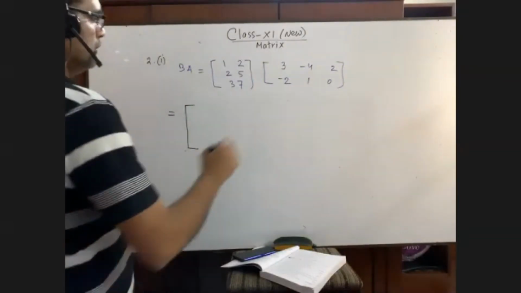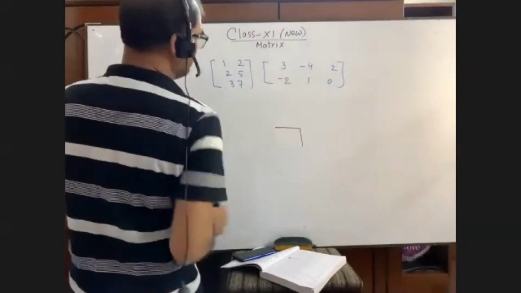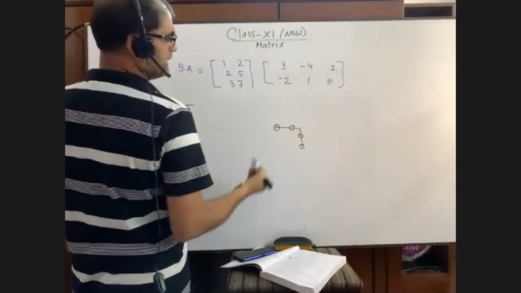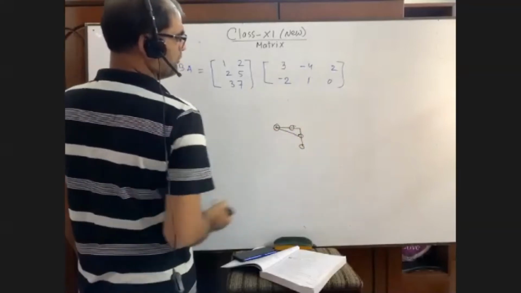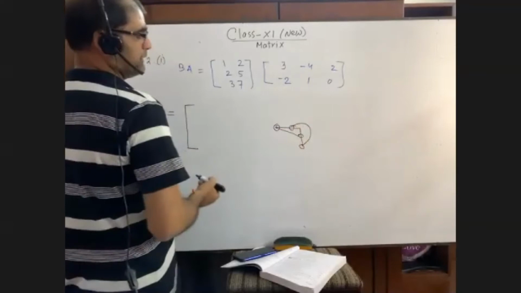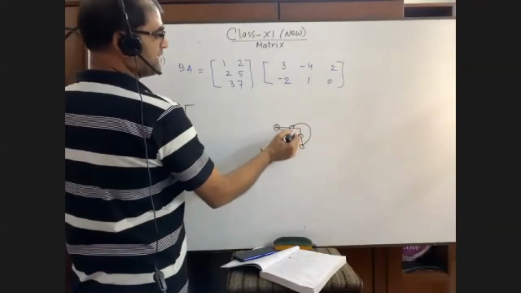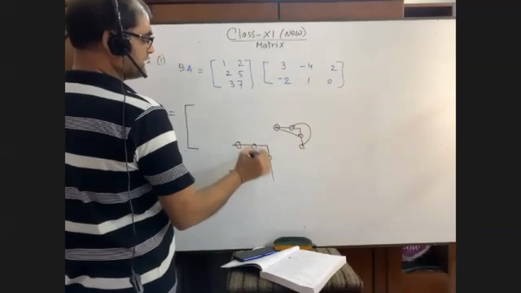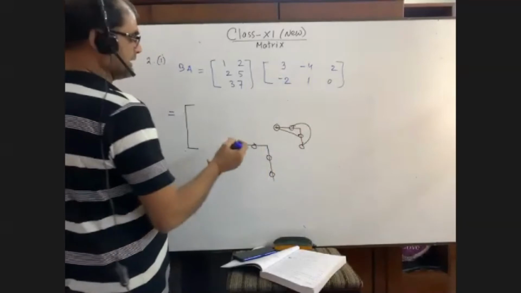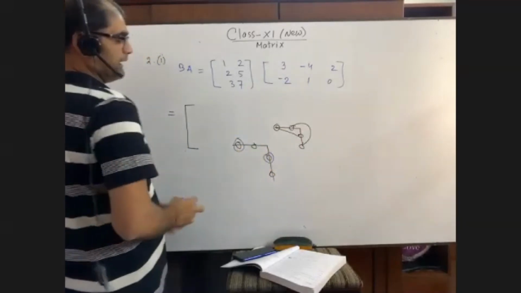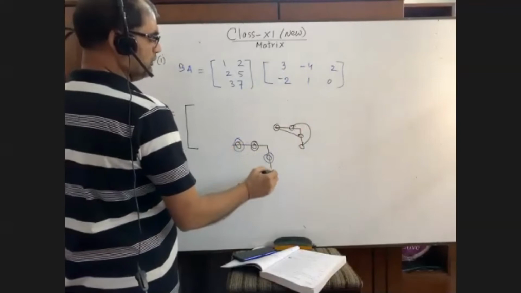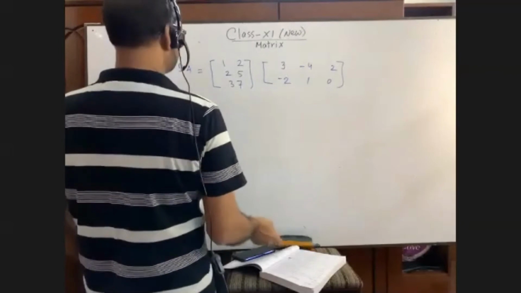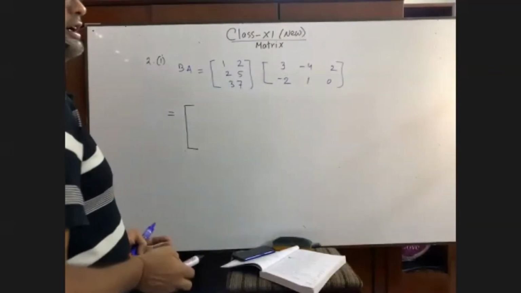You see what is to be done? As I told you, in this way, this and this will be multiplied. It's first with first, second with second. You understand? It's first with first, second with second. In this way, it is to be multiplied, okay? So we are going to do the math again. Those who have failed to understand, please pay attention again, because it is really very hard for any student.